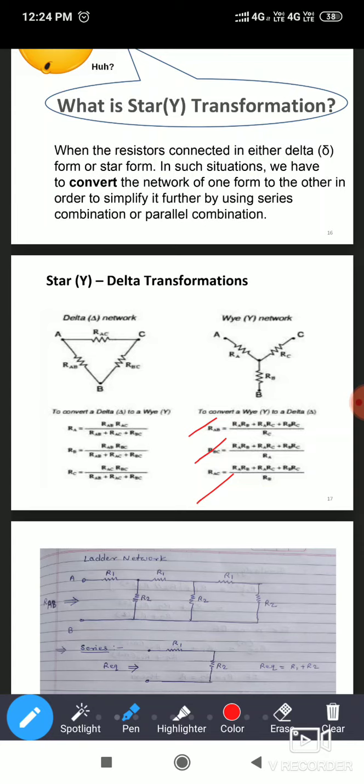Okay, now we will move on to solve some problems based on the above topics, including the last lecture's topics. So based on how to find the equivalent resistance, we will solve some problems. Okay, now I am going to solve some problems here.